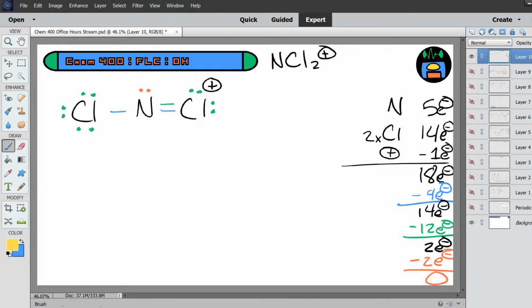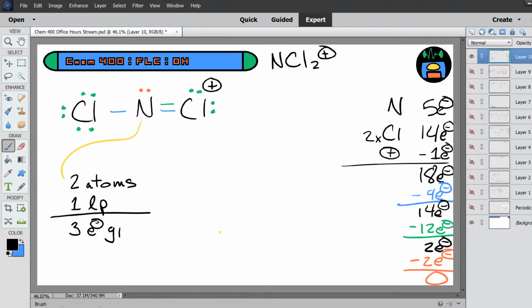Nitrogen has 2 atoms attached and 1 lone pair on our central atom, right? 1 lone pair. We're not counting total lone pairs, just lone pairs on the central atom. So we have 3 electron groups,